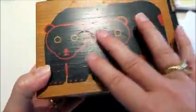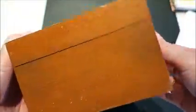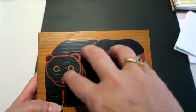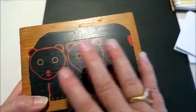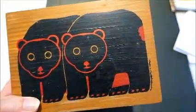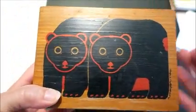It does have a little bit of wear on the outside, but all in all it's in pretty good shape considering it's 35 years old. And I have seen a few recipe boxes on eBay from them, but every one I've seen has a ceramic tile inset in the top. It doesn't have a plain wooden top with a design painted or stamped on it. So I put this up for auction for 20 bucks with free first class shipping, I think,